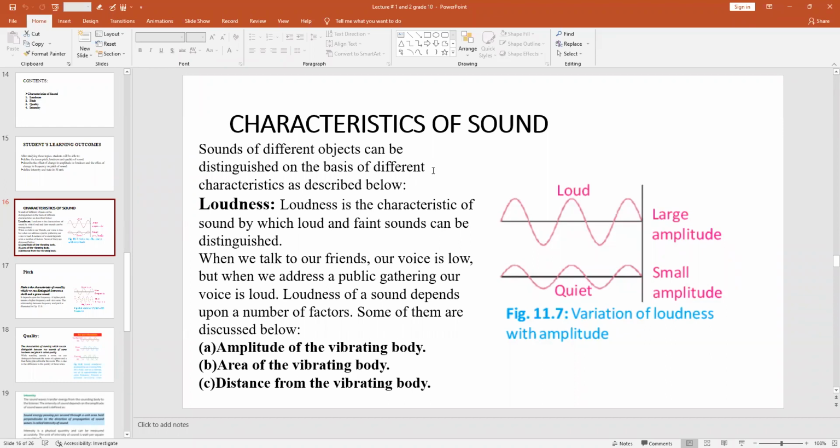So what is loudness? Let's say there are two students here in the class, one is talking very low and the other's voice is very high. So we can say that the girl whose voice is high has the characteristic of loudness, right? So loudness is a characteristic of sound by which loud and faint sounds can be distinguished. All of you are familiar with loud sound. A faint sound is a quieter sound, which is a very low sound. If you see figure 11.7, this is a loud sound and this is a quiet wave,